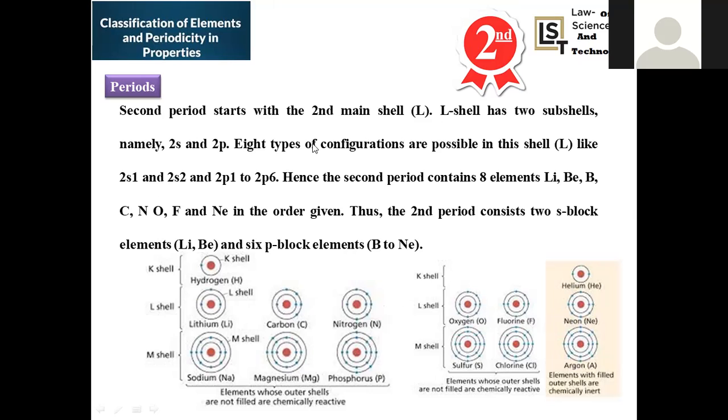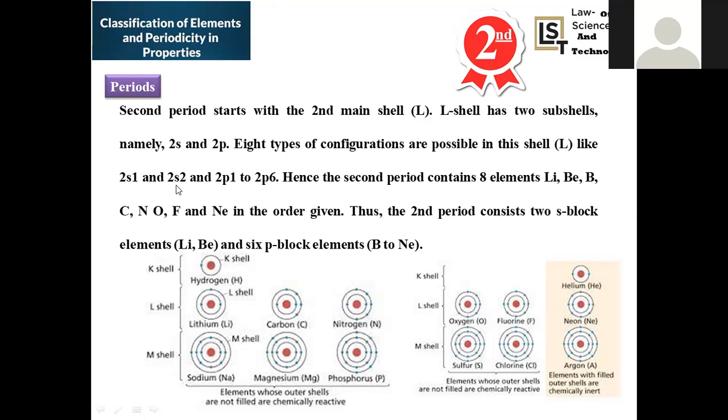These are the elements residing in this second period, where electrons are subsequently added to the second principal quantum number, right? So here lithium 2s1, followed by beryllium 2s2, boron 2s2 2p1, carbon 2s2 2p2, nitrogen 2p3, oxygen 2p4, fluorine 2p5, neon 2p6. In this manner, in the same main shell, we are going to add one more electron. So there is progress in the same main shell. We are not going to add any extra shell to that one.